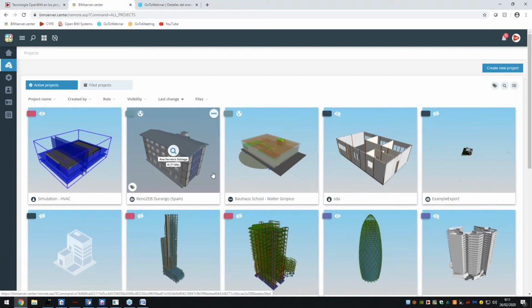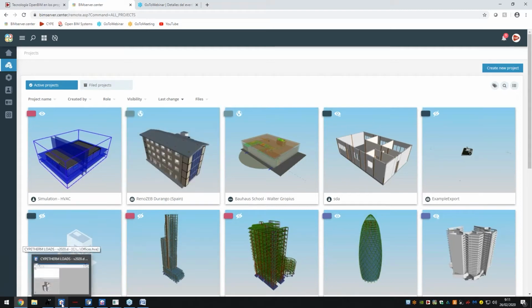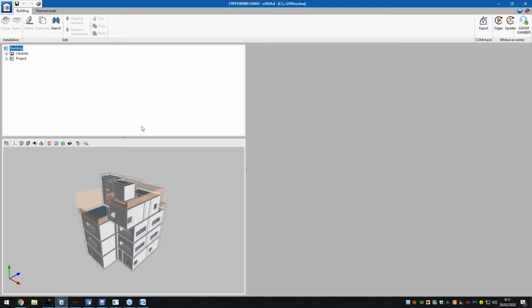Let's get into it: our HVAC and energy solution. What I want to stress is there are some particular methodologies we would have to adopt to configure our HVAC and energy model. Initially, we would start off with our CYPEHVAC Therm loads program. This is the program here. I've just loaded